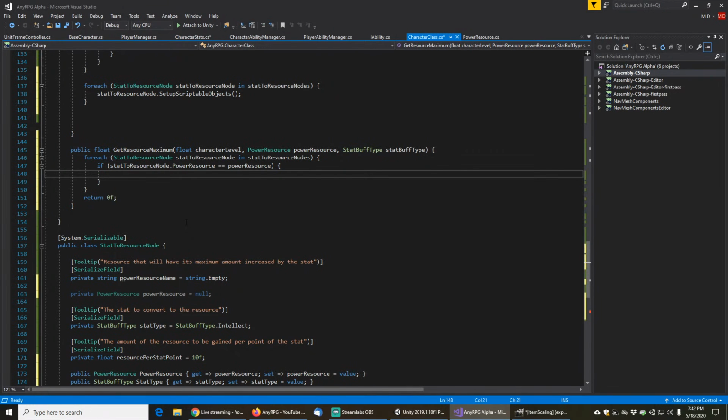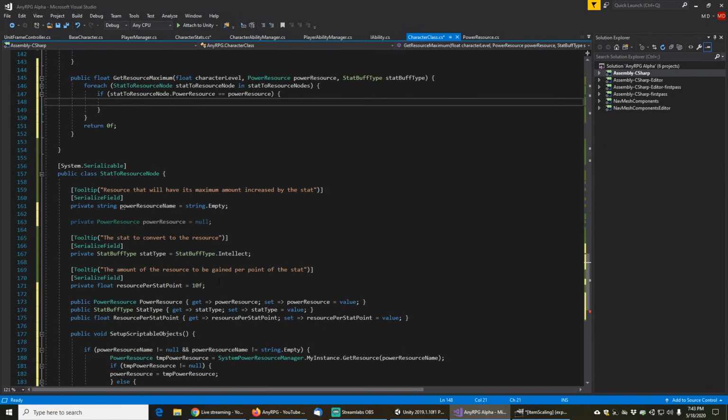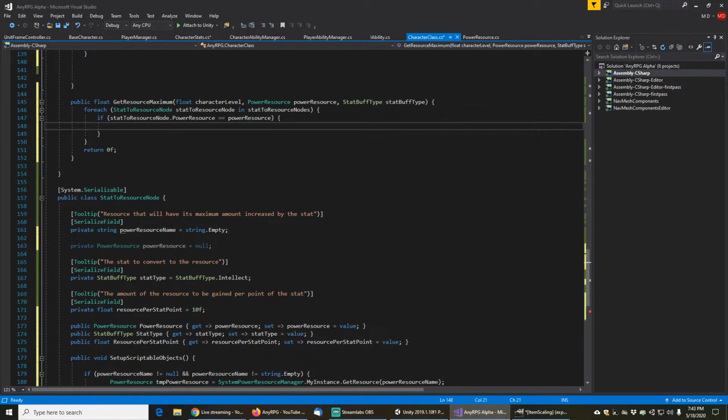You know what I'm going to do? I'm going to make this a lot easier. This is going to be sort of ugly and hard-coded for now until I actually implement stats as their own thing. But basically, let's send in the character stats,